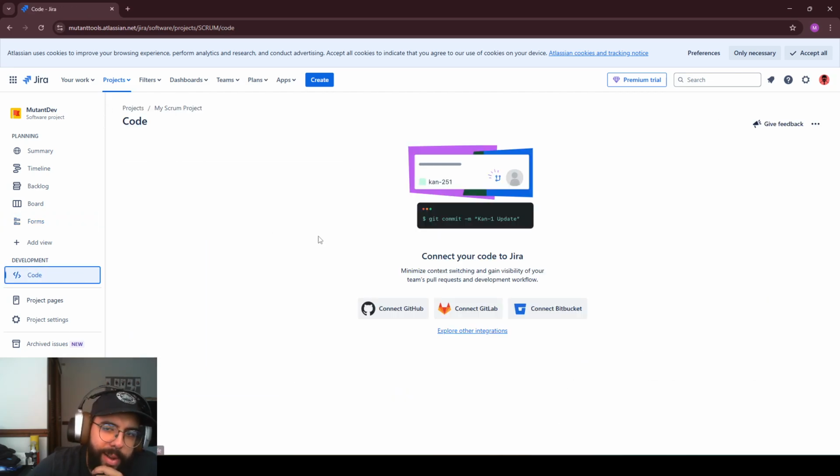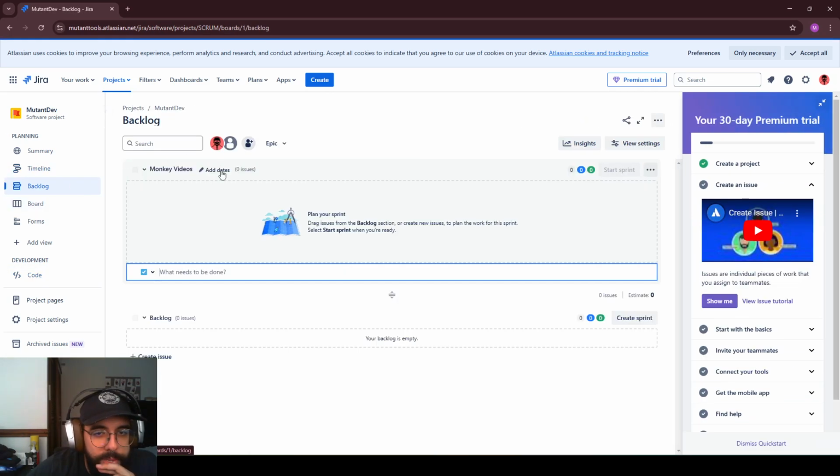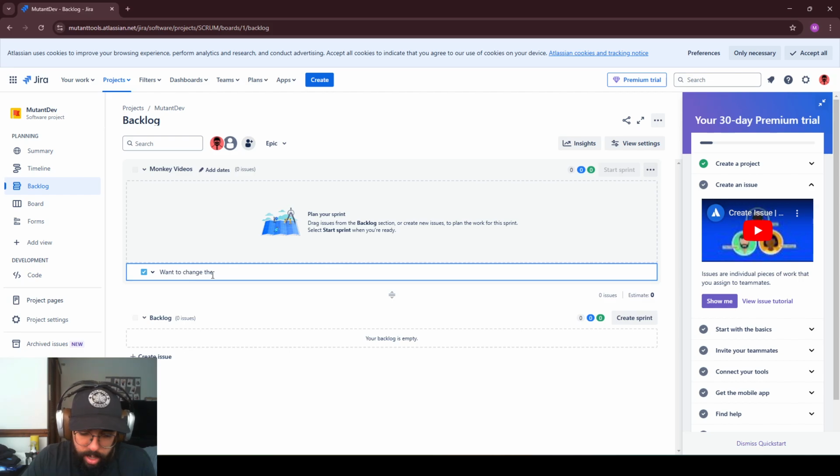In development, we get connected to GitHub or GitLab. So whenever you push and this kind of stuff, you get a message in the task. So it's way more organized for a studio or with more people. But for now, I'm just going to be using a backlog,